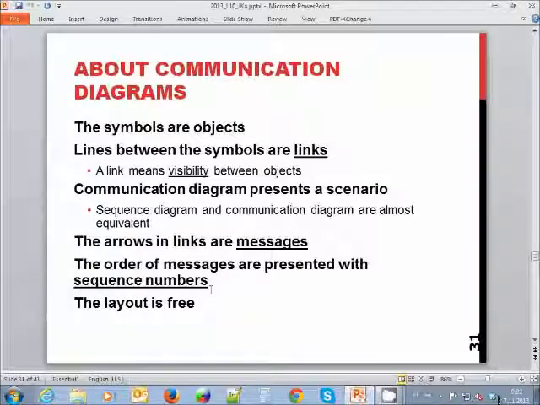Okay, so in the communication diagrams, the different things are objects, and the objects are based on the classes. Like I said, these different links mean that there has to be visibility, and the sequence diagrams and communication diagrams are almost the same. Of course,